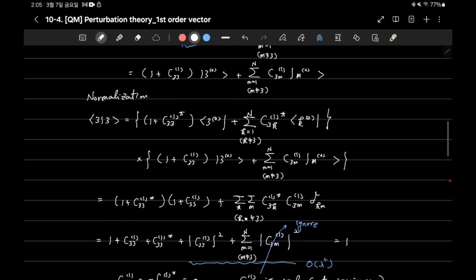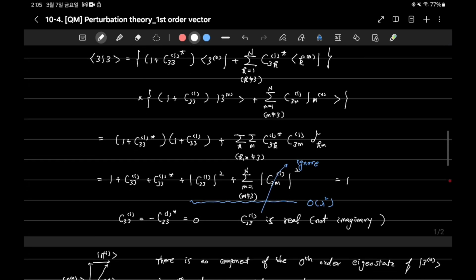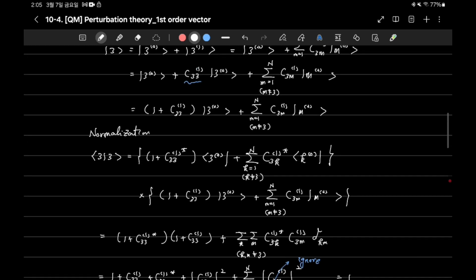So here the first order eigenstate correction,